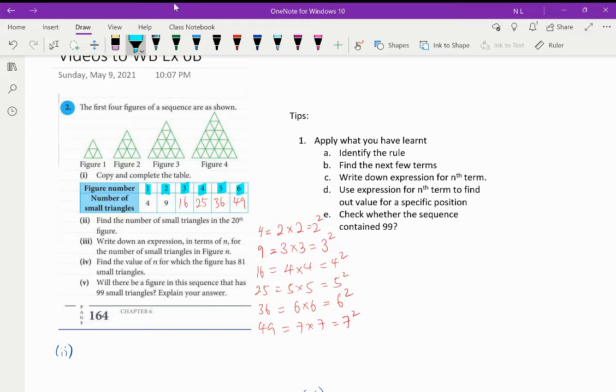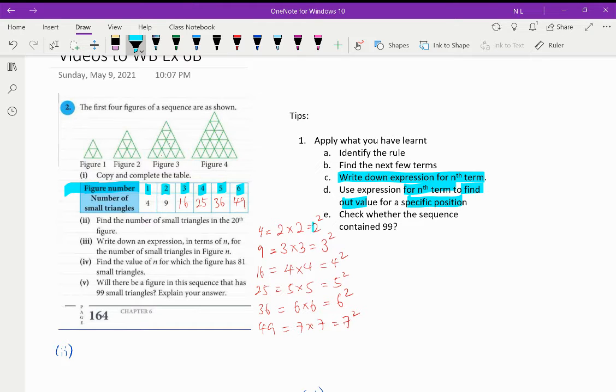So we are actually looking at this question here. We write down an expression for n term, and we use it to find out a value for a specific position. So in this case, the position that we're looking at will be 20th position. So let's look at the number. So whenever we want to find an expression in terms of n, right, we need to find a relation between the figure number,